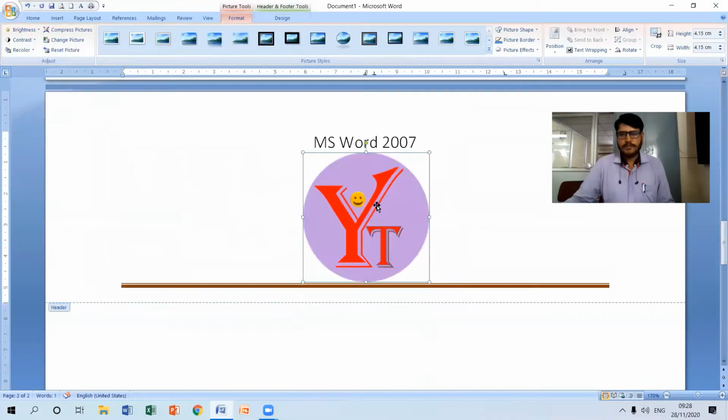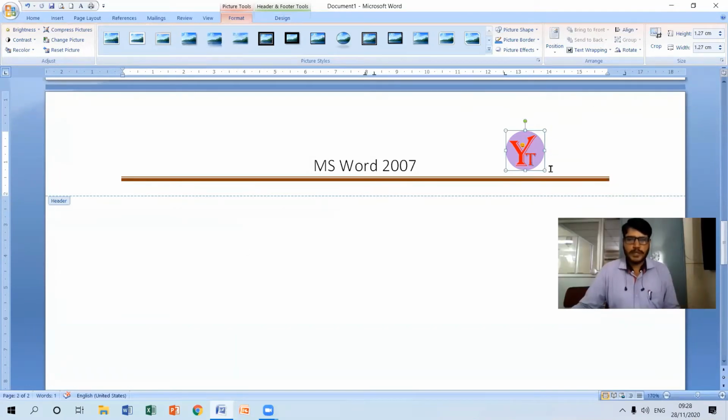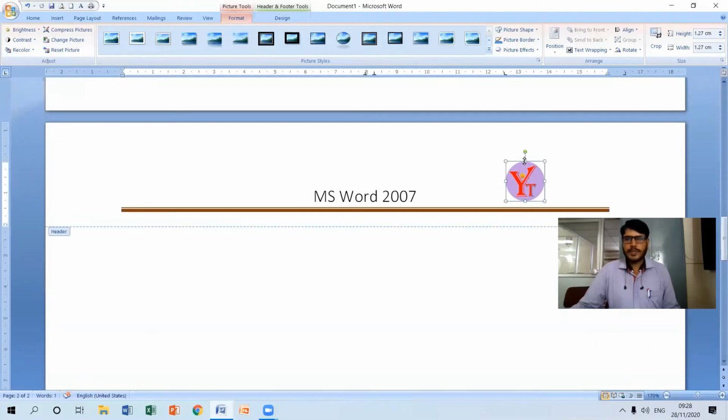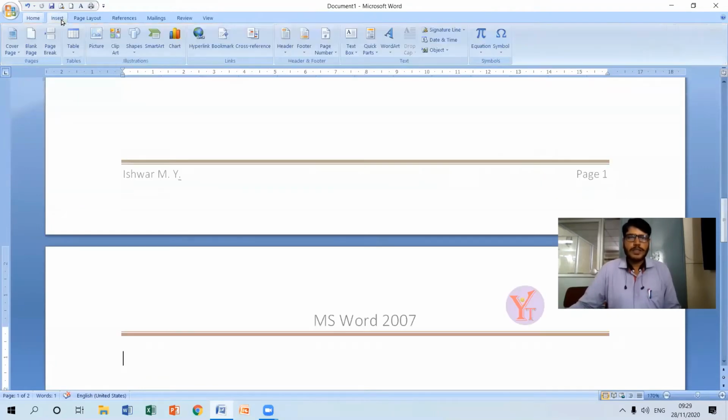So you can see here logo has been inserted, and also you can resize this logo by using a resize option. So like this, we can include even picture at the top margin also. So the same content will be repeated. You can observe here the same content is going to repeat for each and every page. So that is what the use of a header and a footer option, which is available in MS Word document 2007. So this is all about header and footer group.